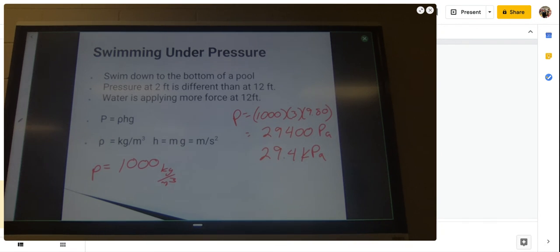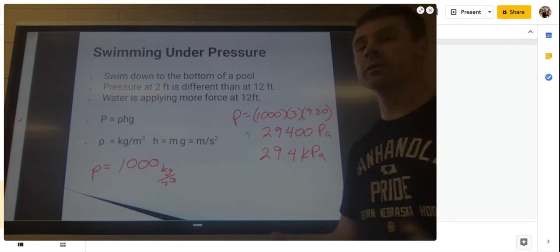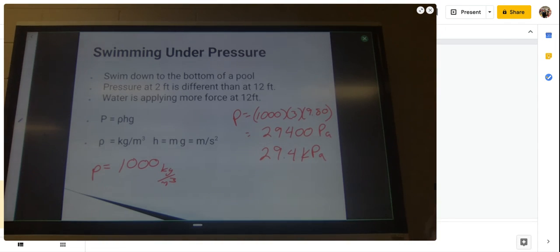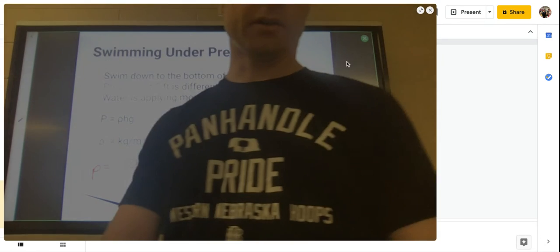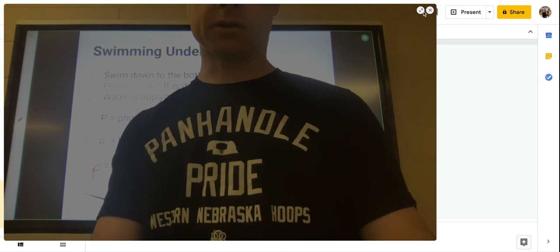That's the second equation we're going to use, and we're going to use that to describe pressure as we swim in different things. This could be water, this could be oil, this could be mercury. You can imagine that mercury would probably apply a pretty big pressure to us. This could be air, if we knew the density of the air in that given area. So that's going to be what we look at for this little section here. We're going to try to keep it simple and